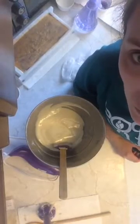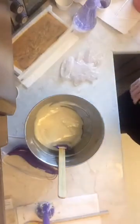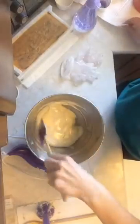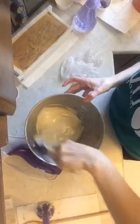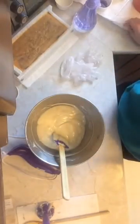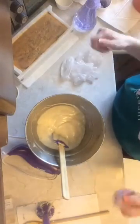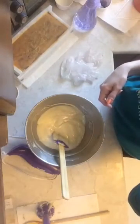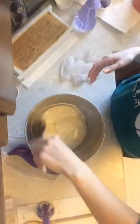What are your favorite oils or butters to use? So I don't tend to use butters in my soaps because they harden it too fast for my liking. I like to have time to do the fun stuff. I have made soaps with butters, but I don't like them as much. I find too, once you're ready to cut, if I don't have time to cut soon enough, sometimes they've gone super hard and then I can't cut through and they just end up breaking. Those are extreme cases, obviously. But I tend to stick with